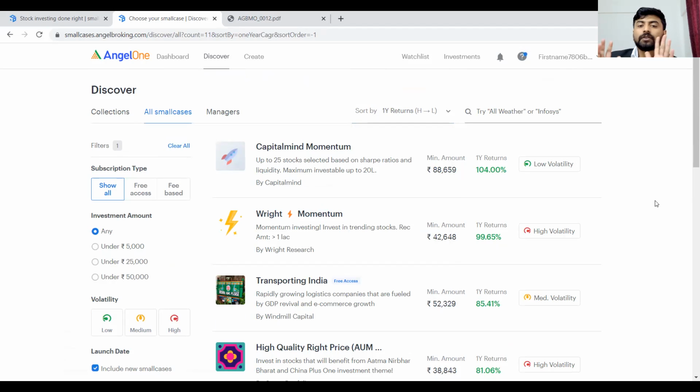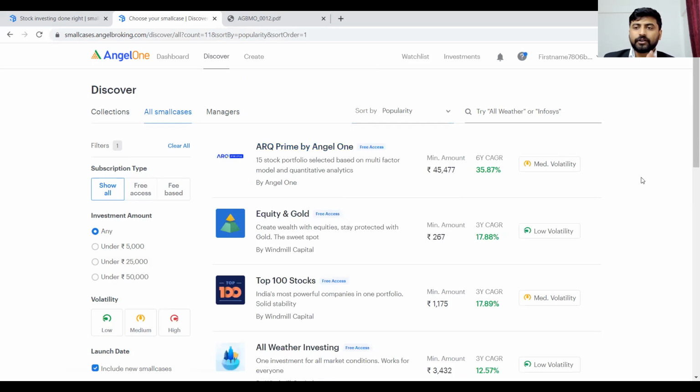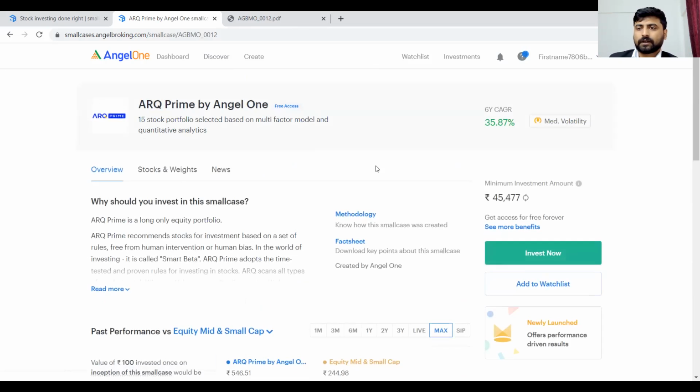So now what we are going to do is take a journey into how to go ahead and invest in the small case of our choice. So what I'm going to do is click on any particular small case that I see on the screen. For example, let us take the first one, which has been curated by the Angel Broking research team. So once I've logged into the small case platform using my